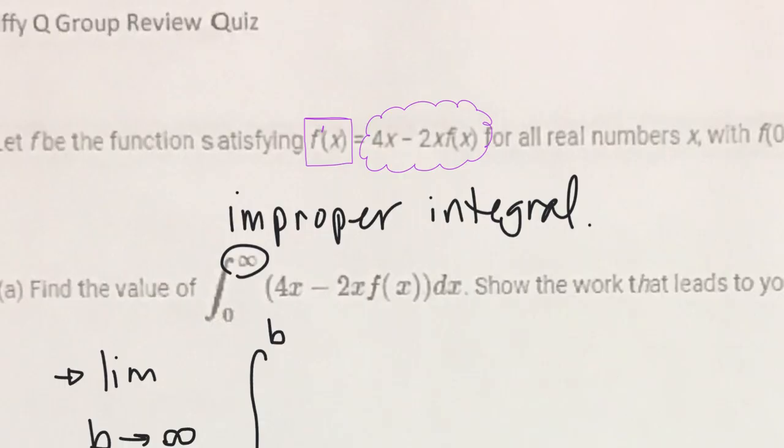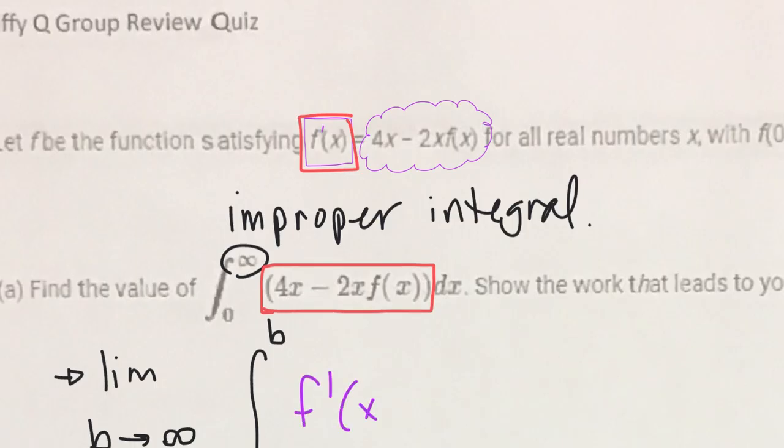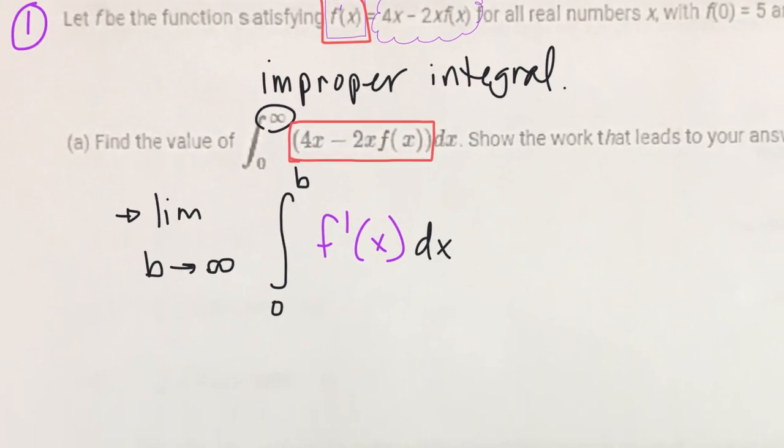Of, well, what was the name of this function? Because this function does not look fun to try and anti-derive, does it? But the name of this function was f prime. So instead of writing all of that stuff, 4x minus 2x f of x, and trying to anti-derive that, because that's what our integral is asking us to do,